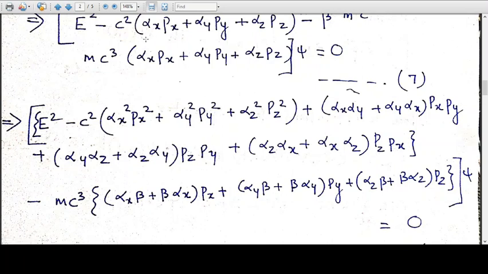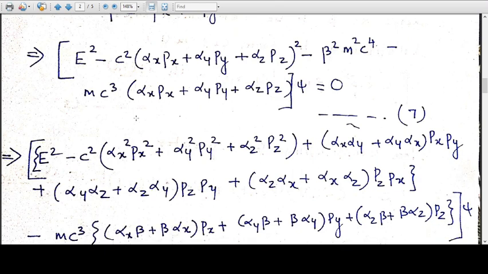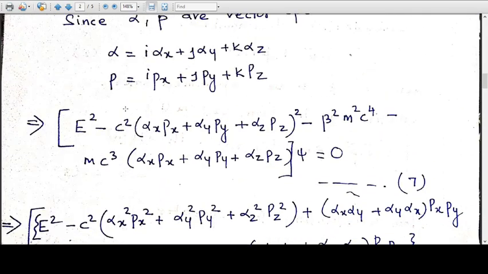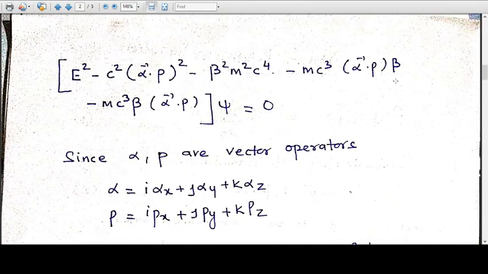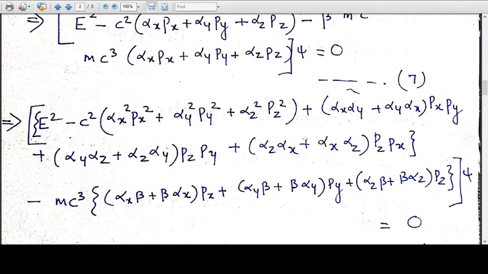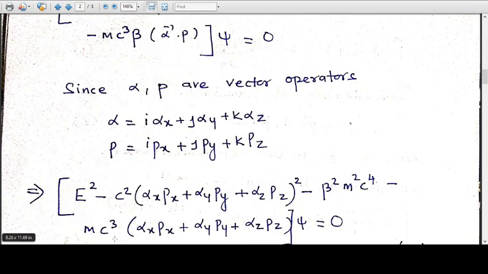Again here this term. Again what you are doing, beta. Here we will write down one more term. I think we have missed it. Here it should be a beta. I think we have written it here. Beta, yeah, it's fine. So that beta will come into picture and do all these things. This beta we have missed. There should be a beta here.